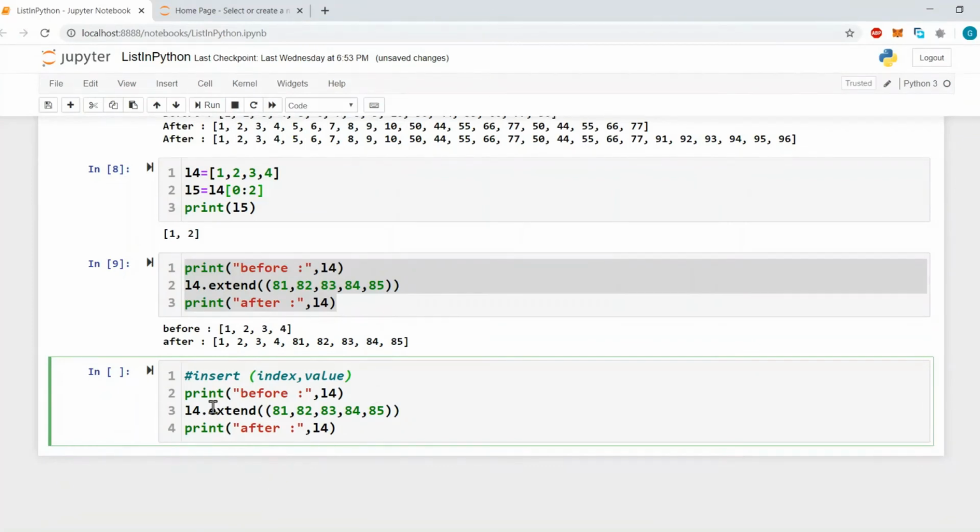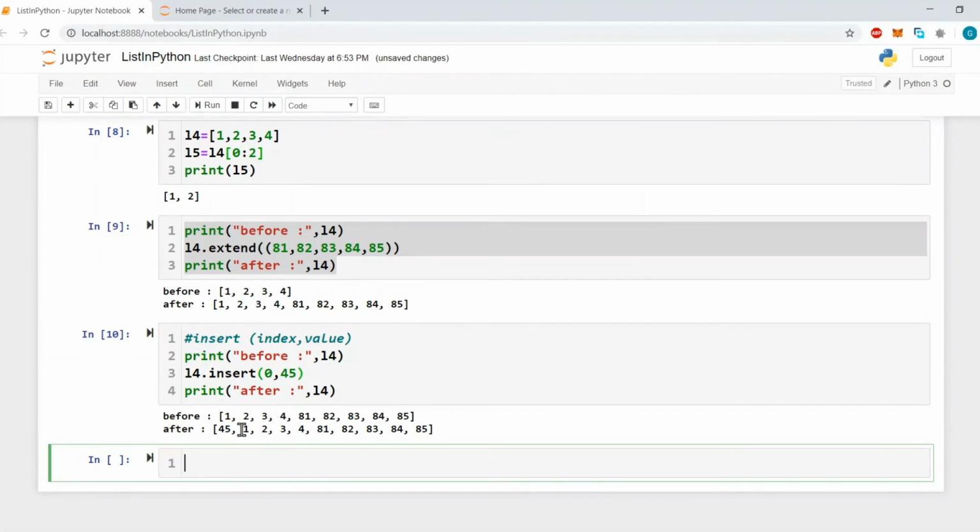So let's see how this will work. L4 insert on position number 0. Let's say we want to insert 45. Let's execute it. As you can see, the new value is inserted at position number 0.